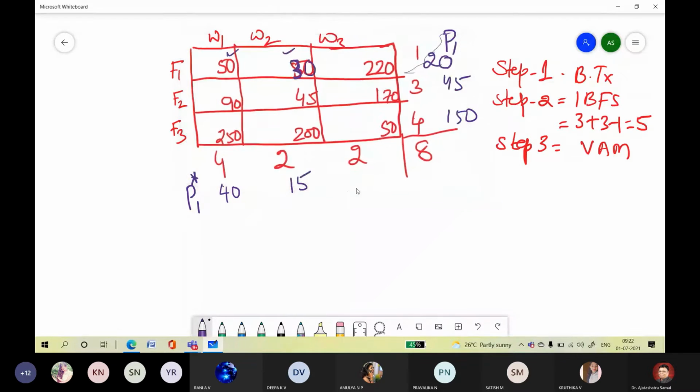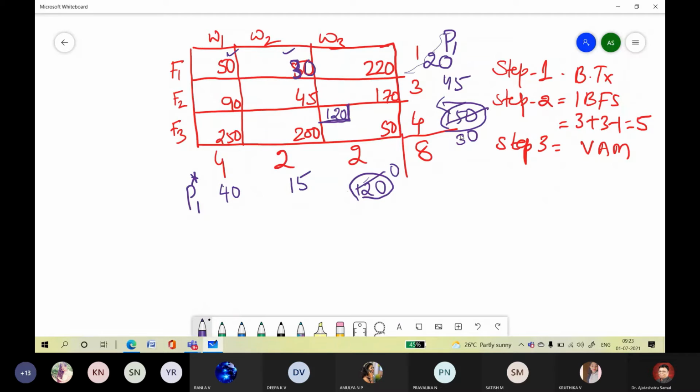Now which one is the highest? You tell me. 150, sir. 150 we need to operate. First you need to calculate. In the 150, this is the least cost element. Here 150 or 120 is there. Anyhow, 120 will enter. So 120 enters, which means this will be 0. This will be 30. Okay, correct.